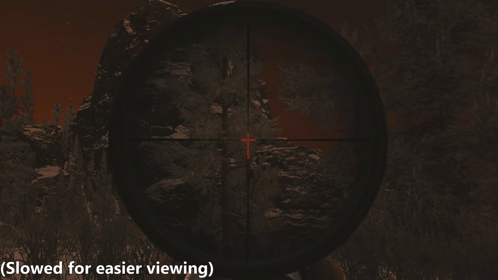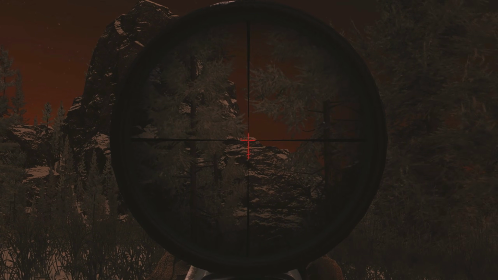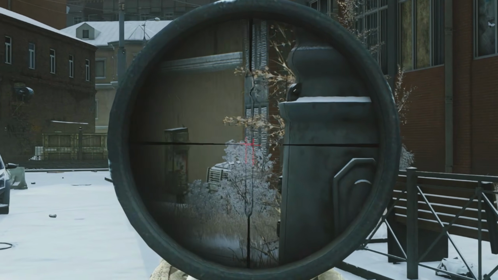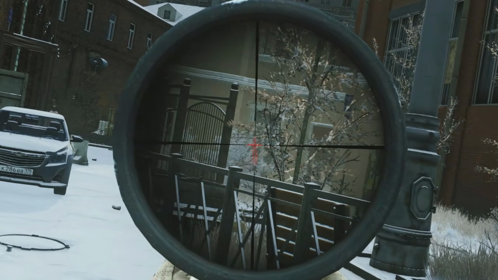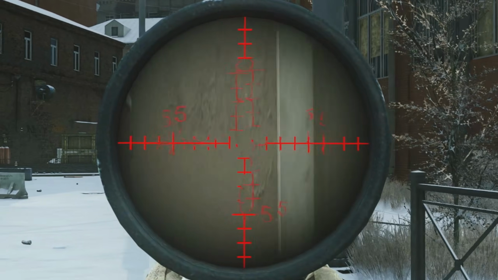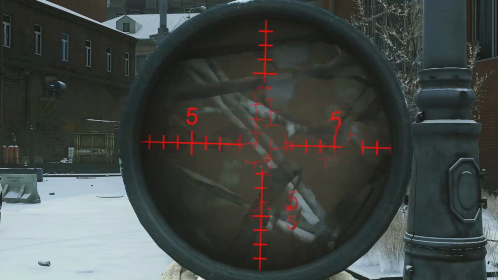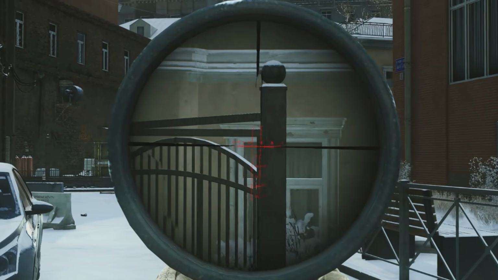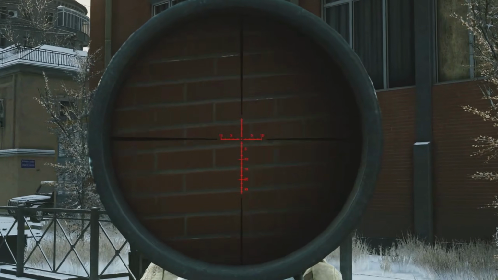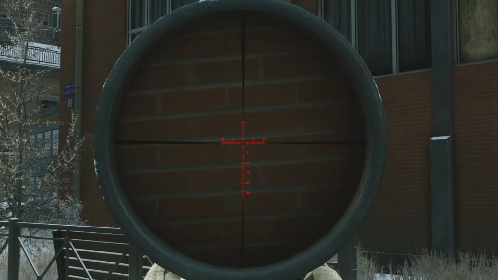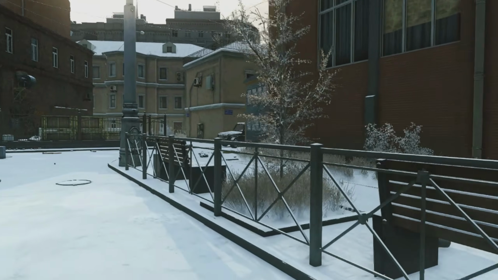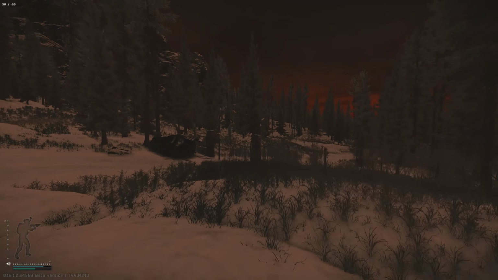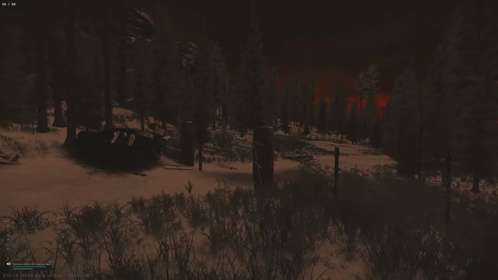Granted that, again, as I said at the beginning of this video, this is a 30 FPS base upscaled to 60, it showcases some of the artifacts you may see or sort of notice but fail to properly recognize when you're using lossless scaling. I notice this to be the most distracting when I'm trying to aim through bushes and trees, but your mileage may vary on where you actually see it. It might be easier for you to see on some flatter surfaces when you're aiming, as then you'll actually see that start to flicker. It's also most prevalent when attempting to do quick flicks in picture-in-picture scopes as well,